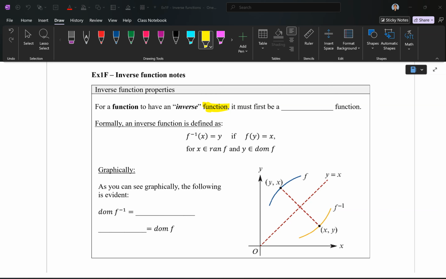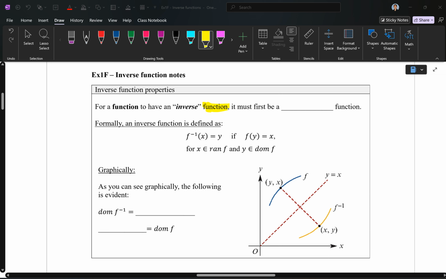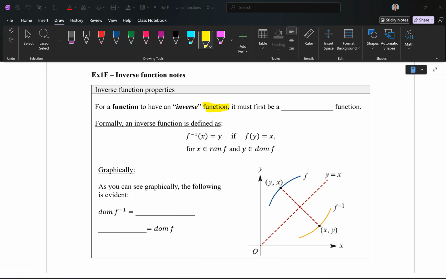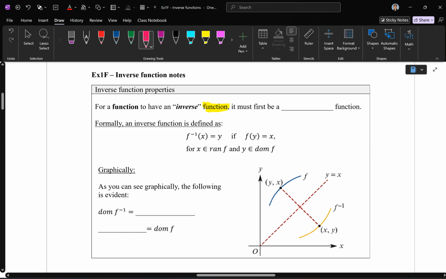All right, it's recording. Exercise 1F, inverse functions. You need exercise 1B and 1C notes to understand. So here we go. For a function to have an inverse function, which I highlighted the word, it must first